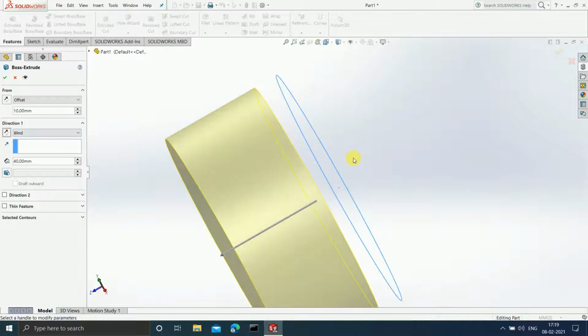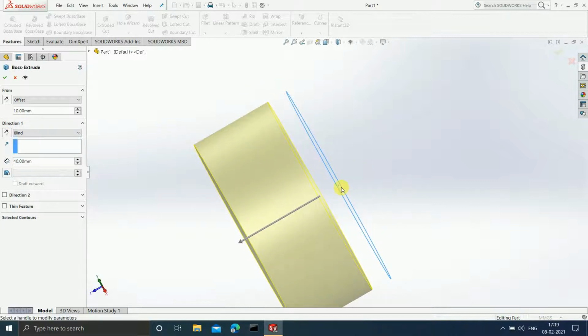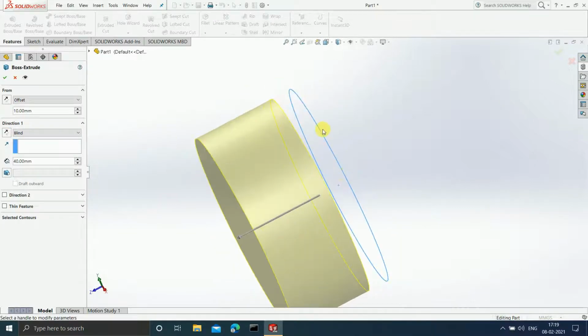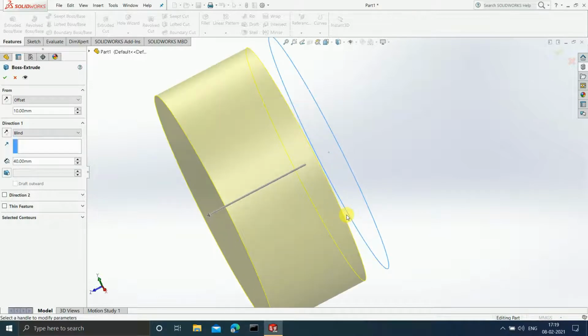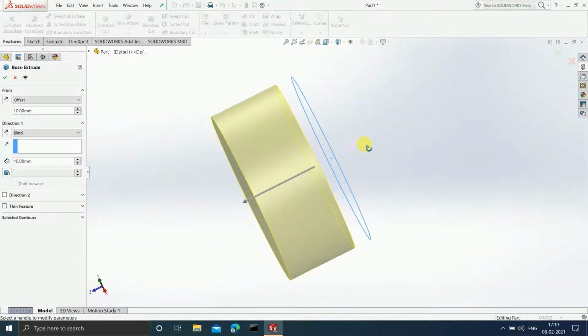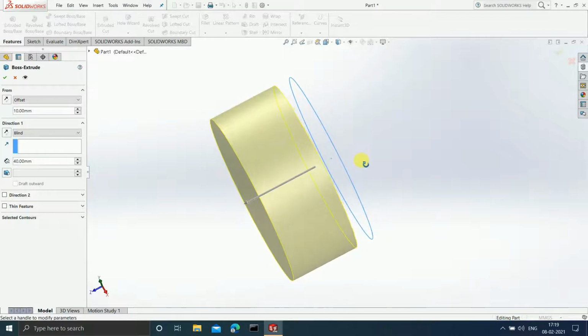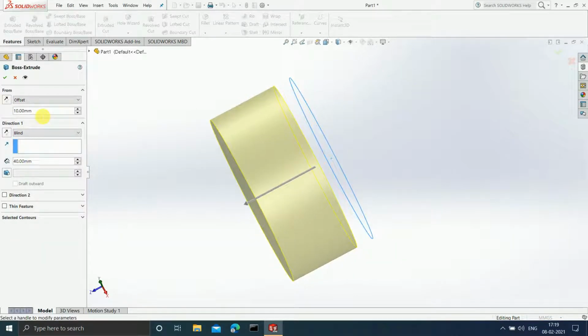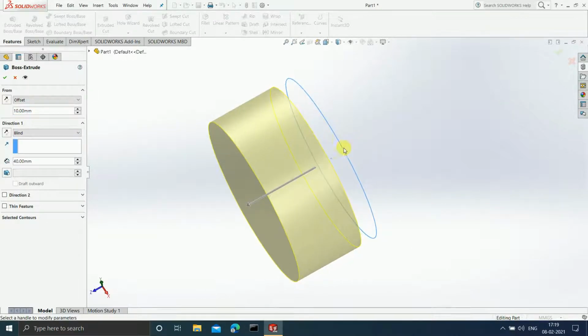Can you see? This is the plane in which I have drawn. This blue color is the original plane, that is the front plane in which I have drawn, but my sketch is not going to start from the front plane. Instead, it is starting at a distance of 10 mm. If I make it 20 mm, our 3D model is going to shift more away from this plane.